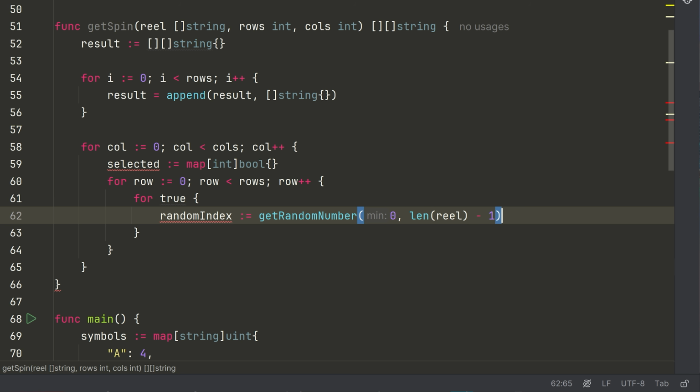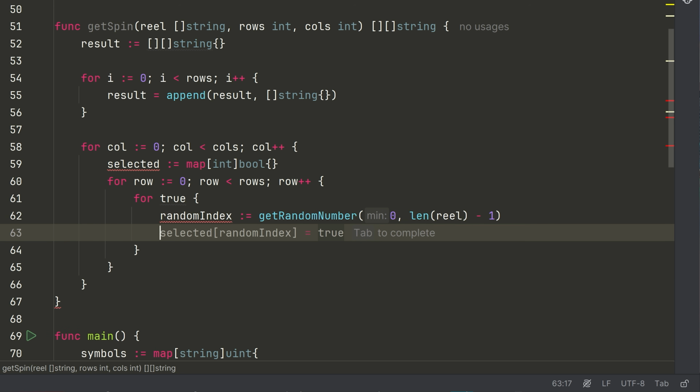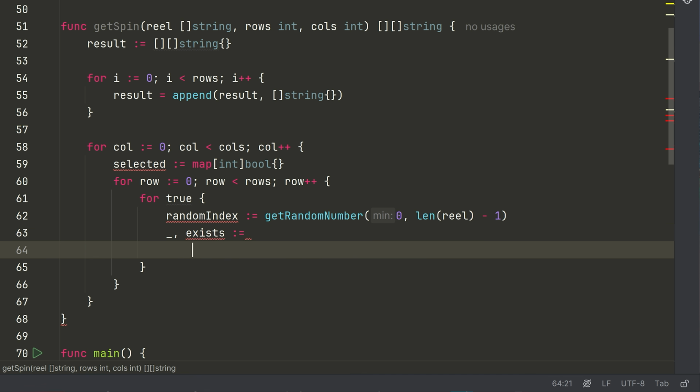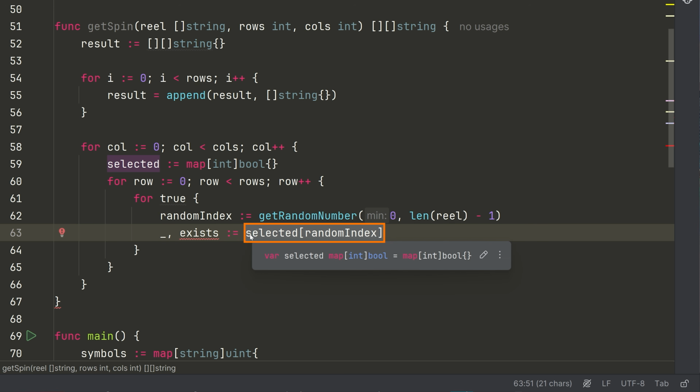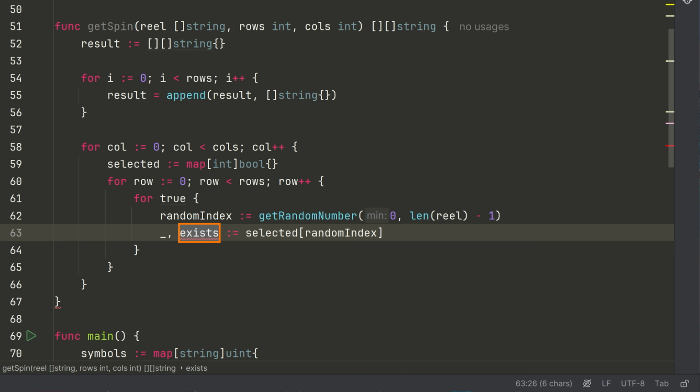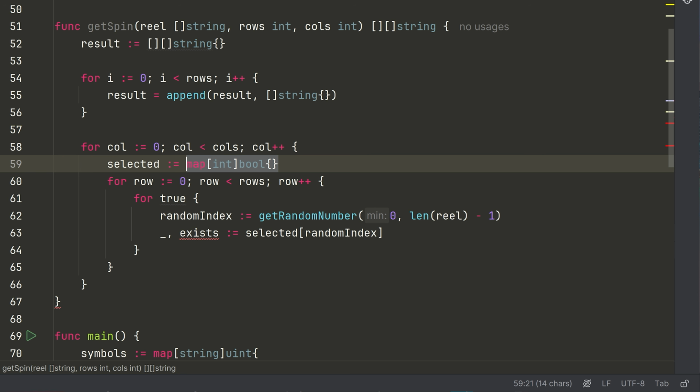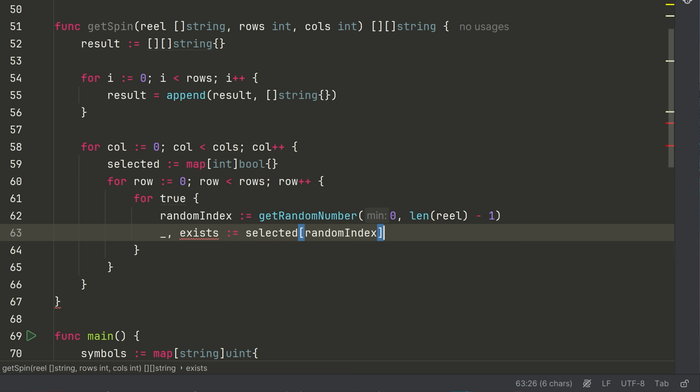We're going to store that in randomIndex, and then we're going to check if we've already picked this random index or not, so we don't pick the same element in our reel. So we're going to say underscore, exists, colon equal to, selected at the random index. And what this will do is this value here will give us whatever the value is inside of this map. And the exists will tell us if the value exists or not. So we don't actually care about what the value is, whether it's true or false. We just want to see, does this key that we're checking for actually exist in the map? And that will be given to us in this exists variable,